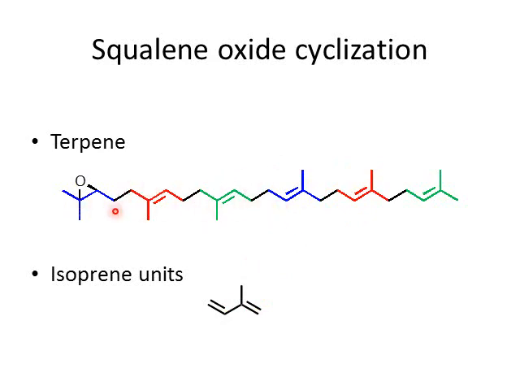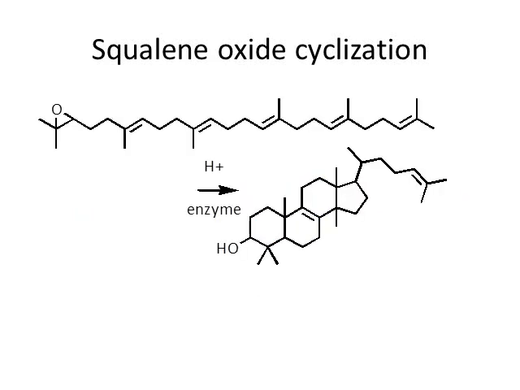Notice I switched the orientation. These are head to tail, and then tail to tail, and then head to tail, head to tail, head to tail. Squalene oxide is important because under certain enzyme-catalyzed conditions where there's acid around, they are transformed into